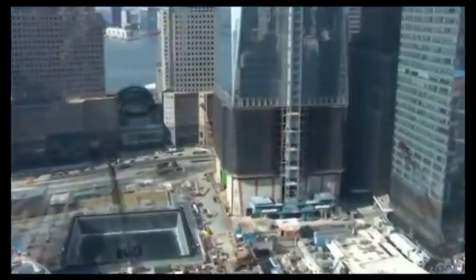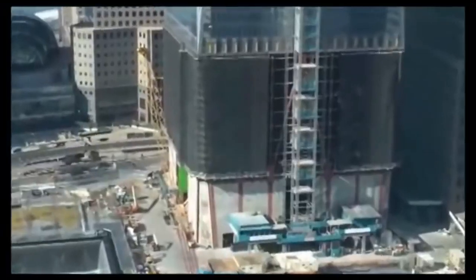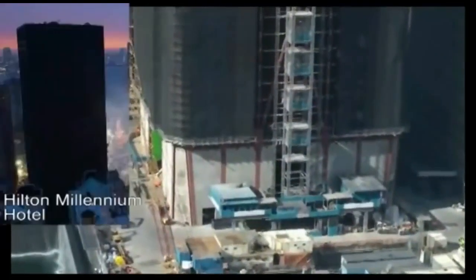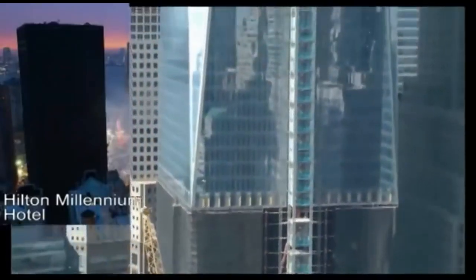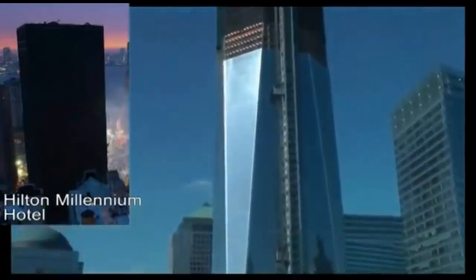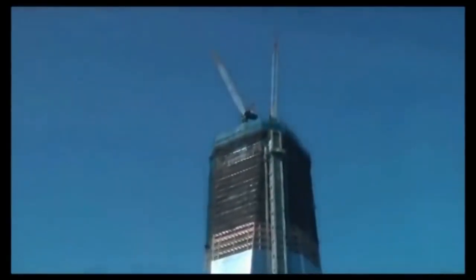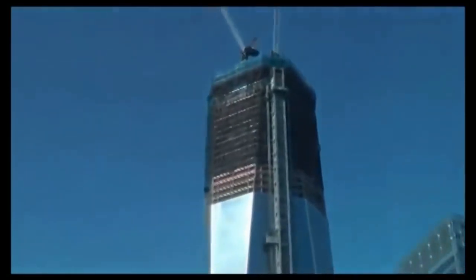Well, now, I found this footage on YouTube. It was shot by somebody else. And what I found interesting is he shot it from the Hilton Millennium Hotel that's built in the shape of the monolith from 2001. Still standing to this day. And he's shooting outside of the window, looking at the 2 memorials for the Twin Towers and the Freedom Building